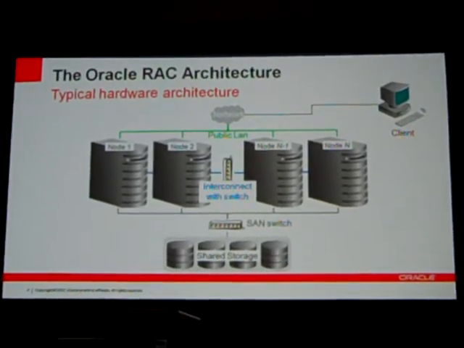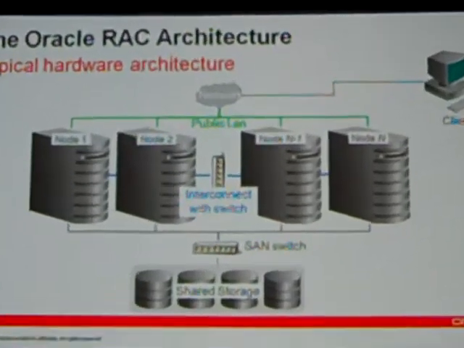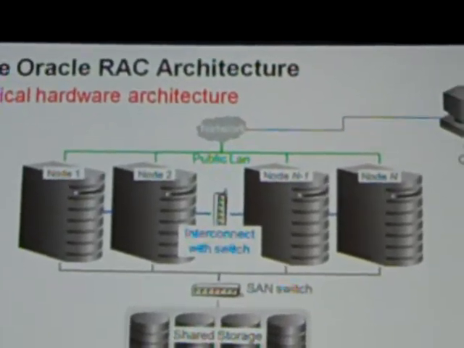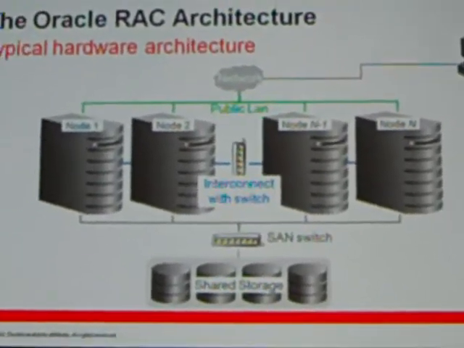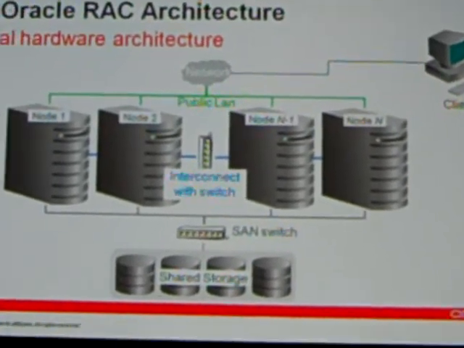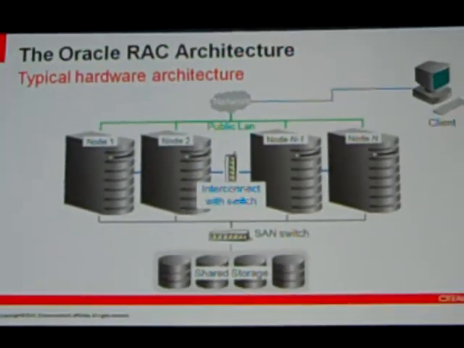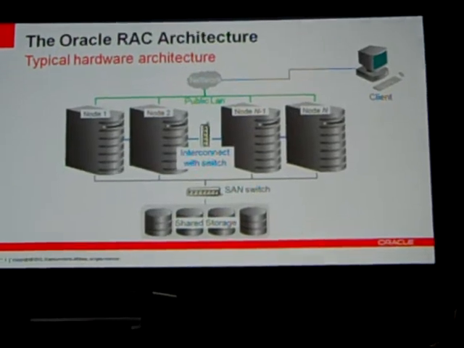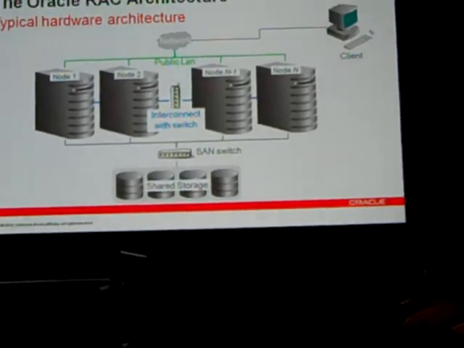Over the last couple of years, we have changed our attitude towards what a dedicated switch would mean. We can have things that are shared as long as they're isolated, and there are more and more white papers that we're going to write about it. If you go to oracle.com, go to RAC, you will see the latest updates there, or go to cluster layer. And then if you continue the stack up front, here are 4 nodes. We still have requirements to have a public LAN, and through the public LAN you will connect to your RAC